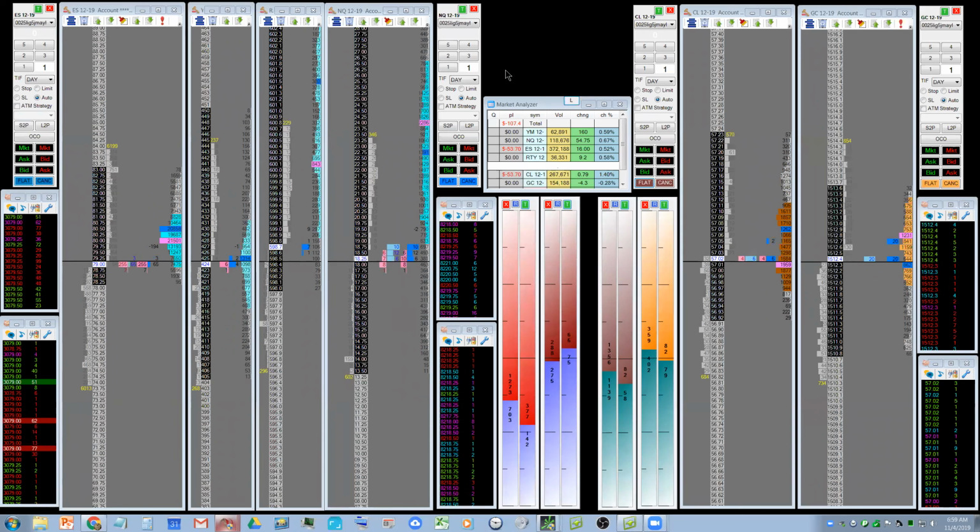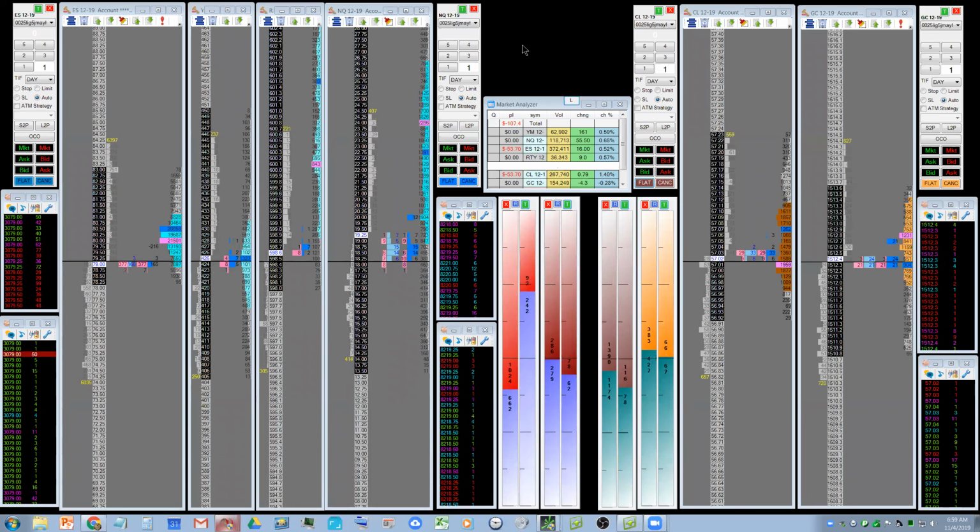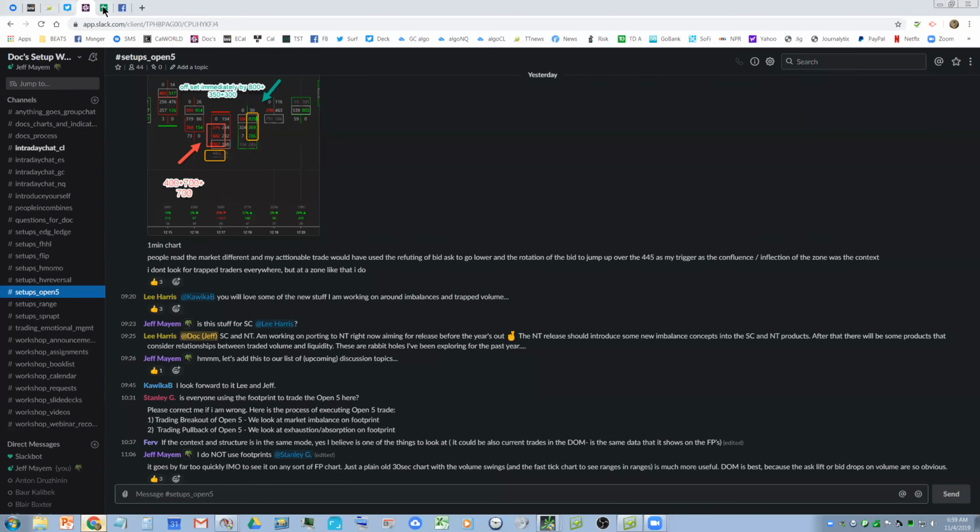But it's not so much a test of patience as it is waiting for an appropriate setup to appear. We could be up here consolidating between now and Thursday. So yeah, it's about being patient, but it's also about just using your process. And now I'm gonna go back to that because that's how this conversation started.